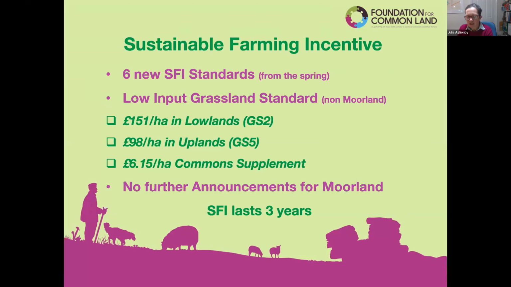What's the significant thing about this is that if your land in your common is already in a grassland standard, you will not be able to add in sustainable farming incentive because you can't be paid for the same thing twice. It's disappointing that we haven't yet got additional options you can do, that there's effectively a clash, and it means that if you're already in countryside stewardship on a grassland standard on your common, you won't be able to add in an SFI option on top of that.